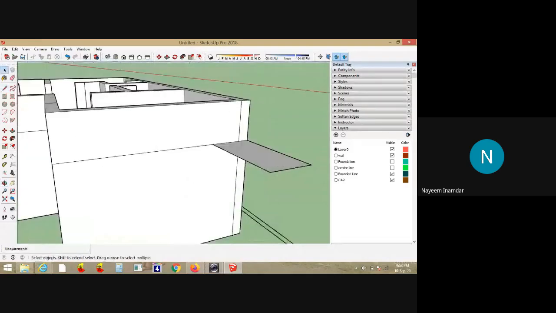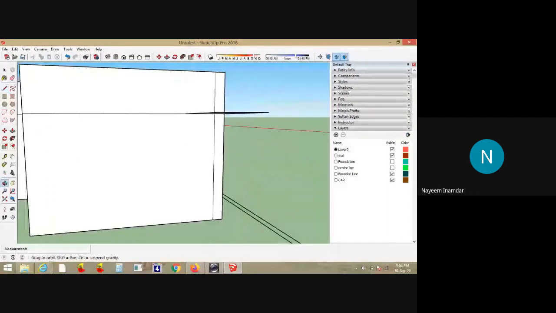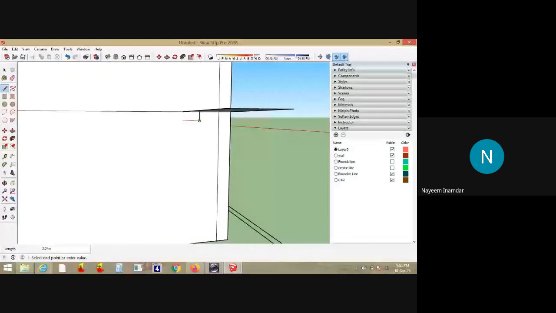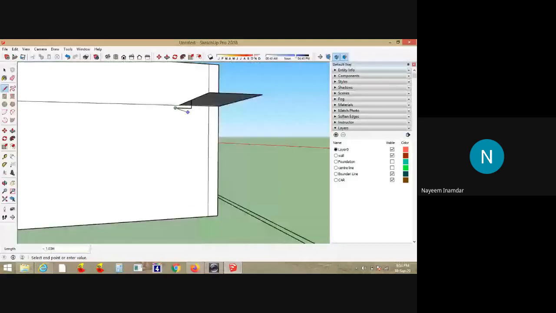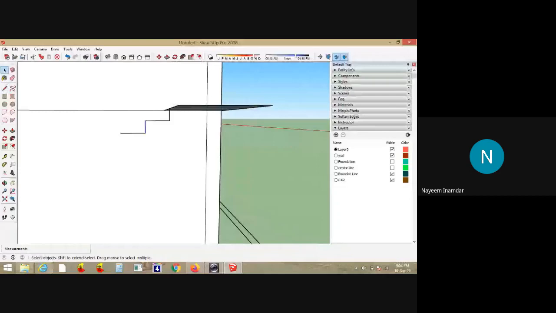Now I'll take the line. I'll go to the midpoint of this section. So I'll keep adding the rise and tread here. Suppose the rise is 0.15, click 0.15. Then if the tread is 0.3, just click 0.3. This is 0.15. In this direction it is 0.3. Otherwise, one more thing you can do is select these two lines, click the move command, hold control, hold this reference point, this end point.